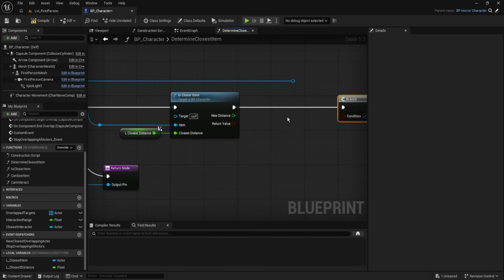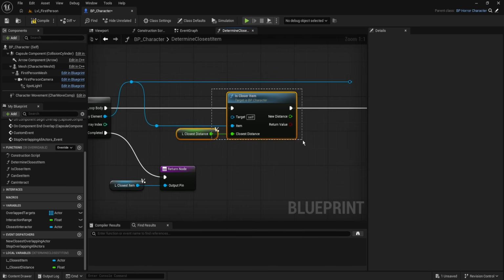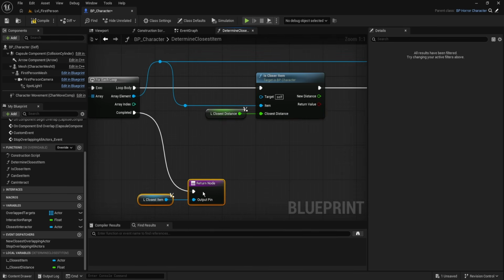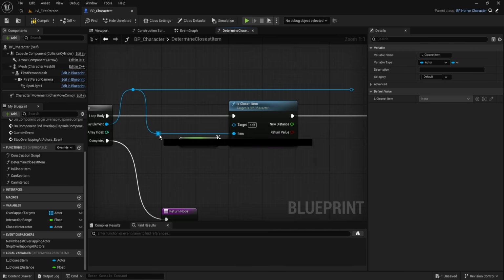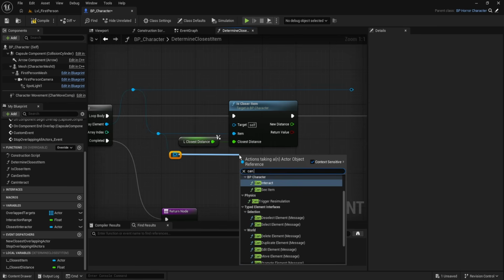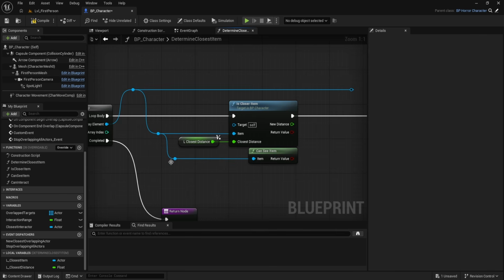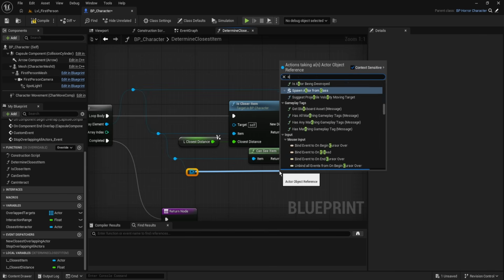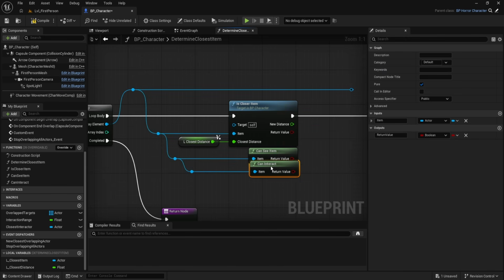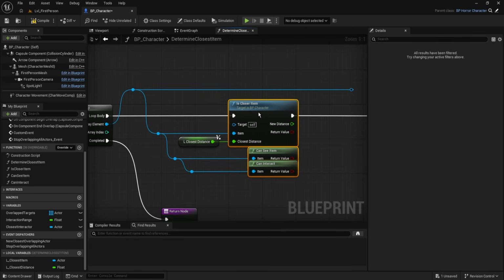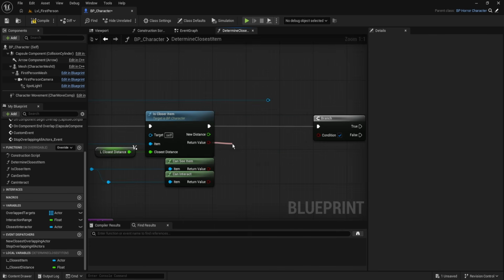But we made some extra functions for this because this just checks the distance. We also want to know if we can see it. So we're going to say reroute can see item, like this, and one last one for can interact. And so if all three of these are okay and they do work, then we can actually use it. So we'll say and, add an extra pin, plug these three in like this, and we'll pass it into the